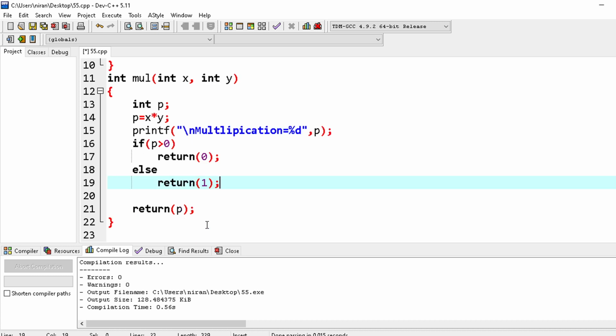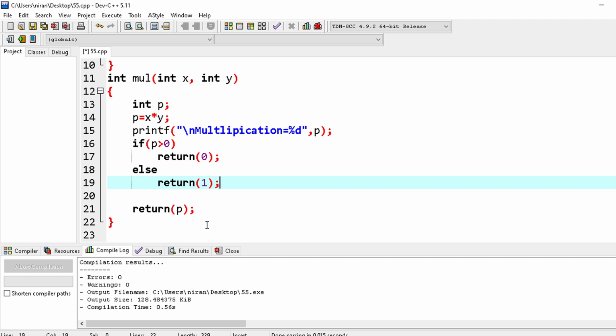Okay, so what is this? If you write this type of statement, you can return more than one. A function may have more than one return statement.